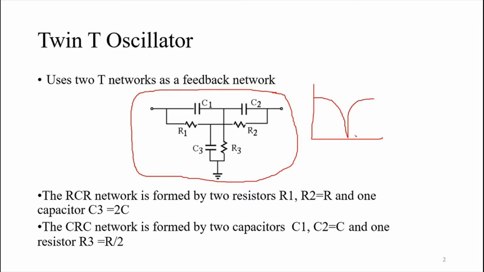Now, this is the resonant frequency, this is the frequency of oscillation. Here you don't have any phase shift, and here you'll have signals passing through, and here you don't allow any signals to pass through. Here again the signals are passing, so this is acting as a band stop. For a particular band of frequencies you don't have any signal, and before this band and after this band you've got signals passing through the filter. So this twin T network is acting as a band stop filter, also called a notch filter.